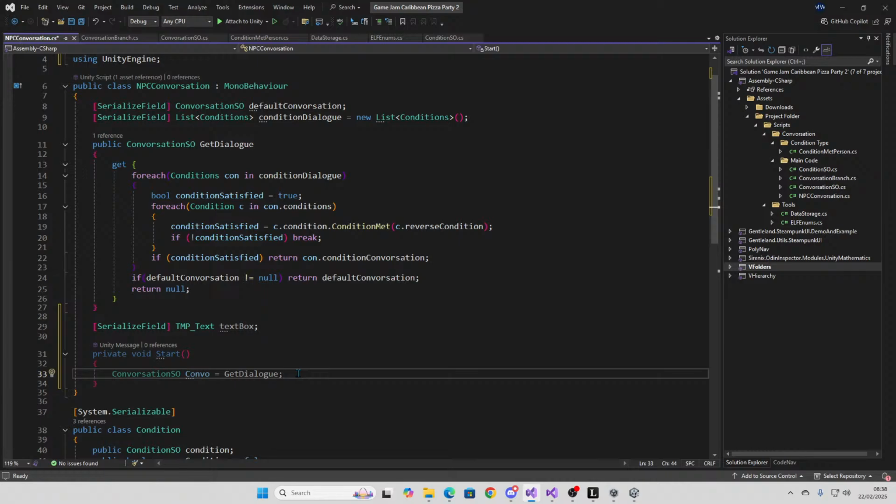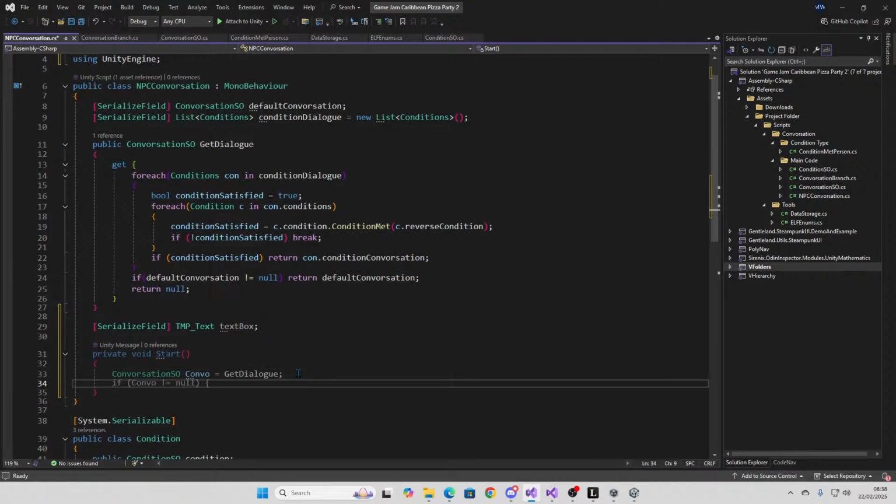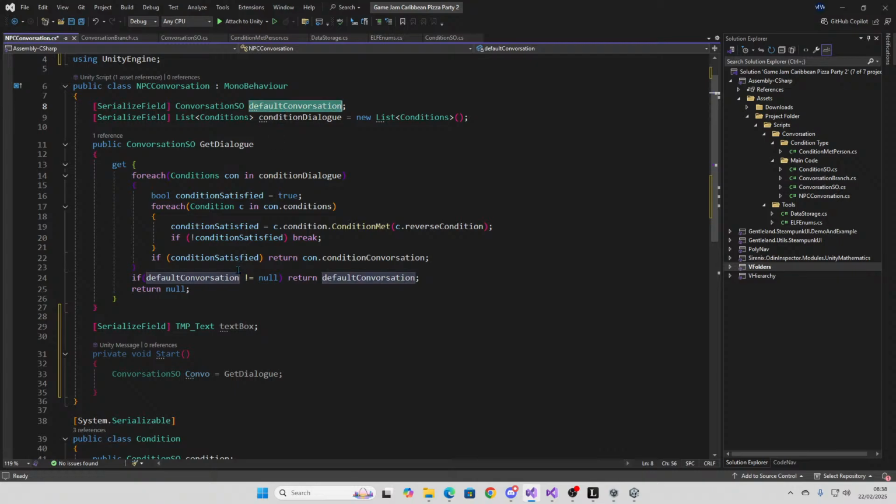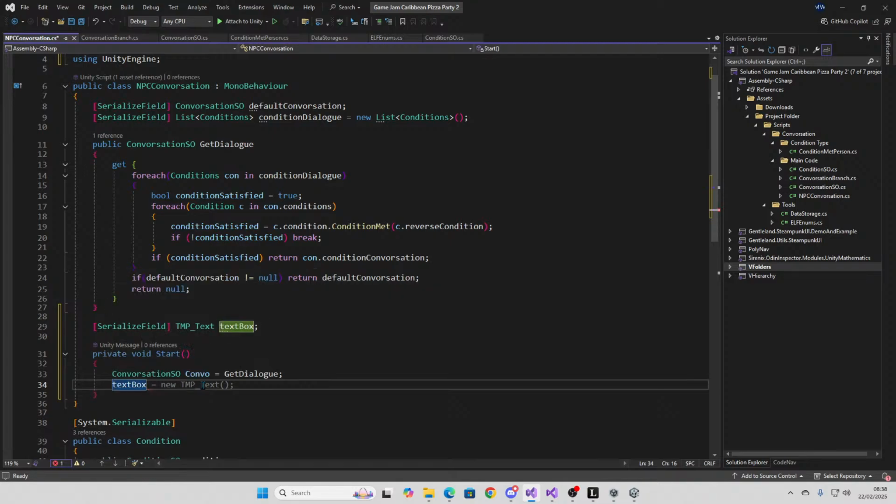Okay, so I'm going to store that in convo. Obviously, something else is going to run that. I'm going to get the conversation SO default conversation because I haven't met anyone, so it's going to be the default that's going to run, obviously. So this convo is going to be the default conversation, and I just want to say text box